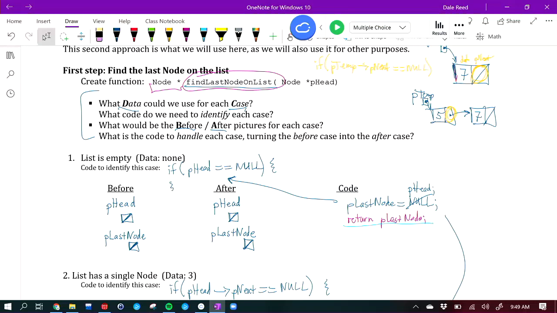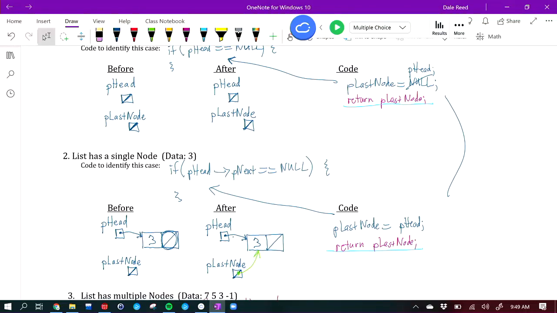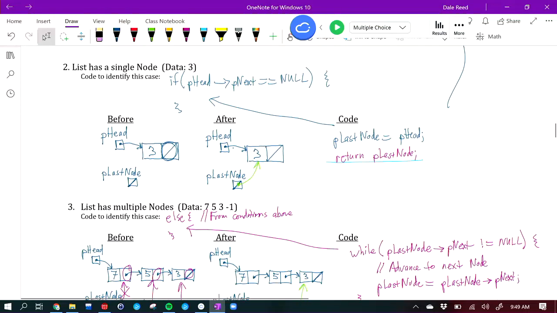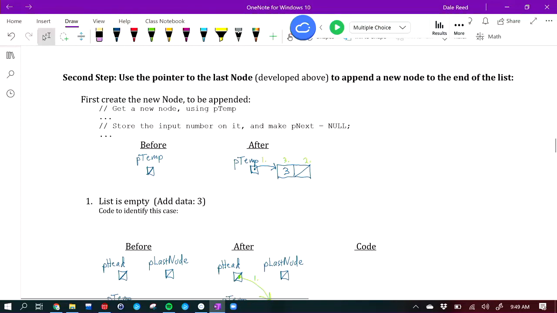We looked at the list is empty, the list has just one node on it, or there's multiple nodes on it, and we have the code for all of those. So we put all that together in the code, and the code that's already posted online has that solution in it. You can take a look at it. 1 minute left. Okay, so let's use that information to append a new node to the end of the